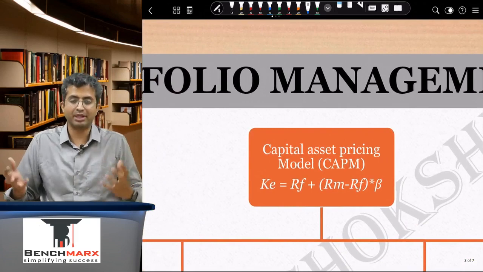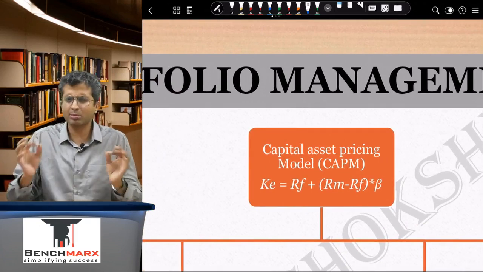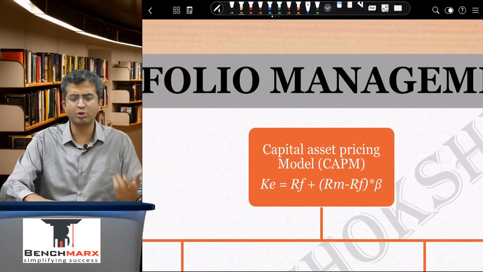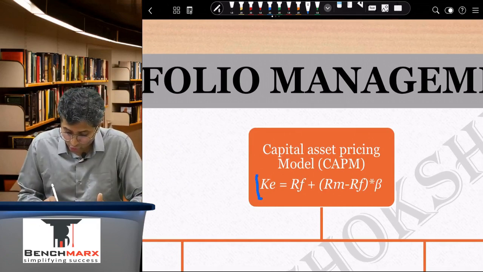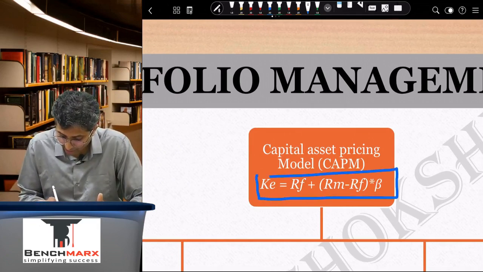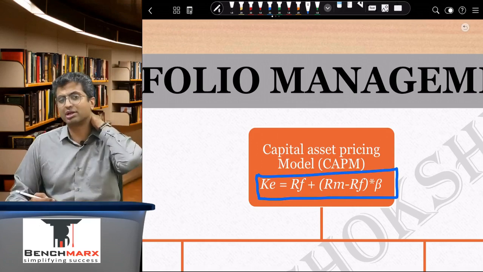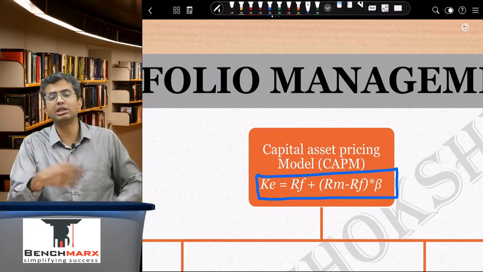Second goes to CAPM, which was developed by a gentleman called William Sharpe in the 1960s. One of the most frequently used formulas in the world of finance. CAPM, as you would be aware, calculates the expected or required return, that is KE, equals RF plus RM minus RF into beta. So this is the CAPM formula. And what does Sharpe consider in this formula? Well, he does not go by the theory which was